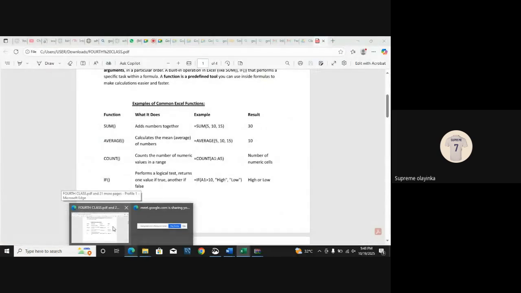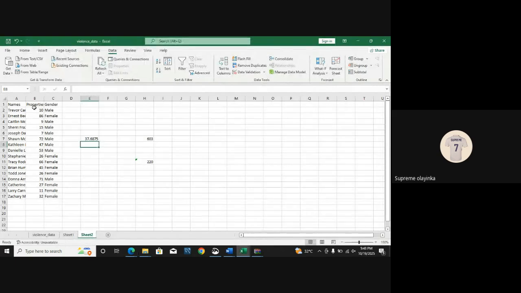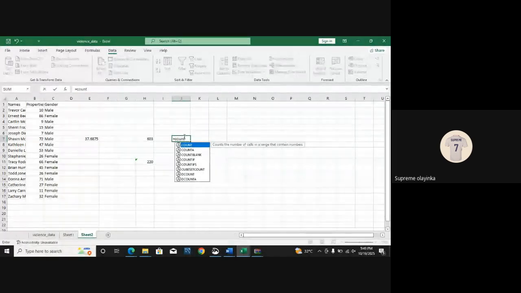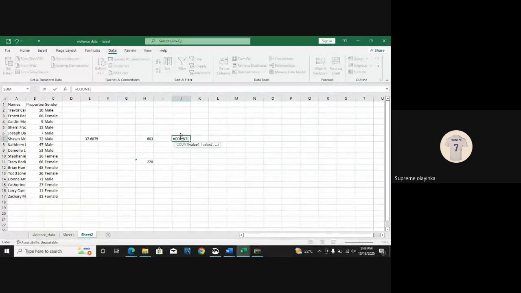Now let's say I want to count the numbers. I want to count the rows of data here. So what I will be calling will be COUNT, obviously, because I want to count, right? So this one will be COUNT, and I press my tab key. So I want to count all this data from